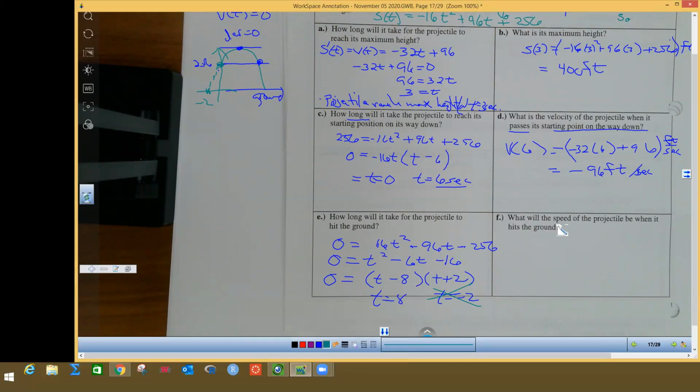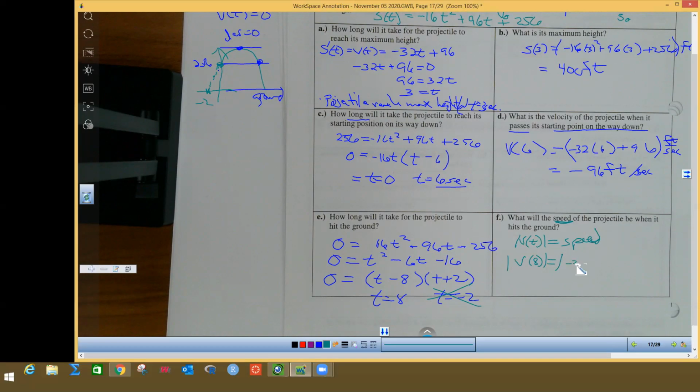What will the speed, oh, there's a word, speed be when it hits the ground? What speed? What about velocity? Something special about velocity? It's the absolute value of velocity. The absolute value of velocity equals speed. So we're going to do the absolute value of v of 8, which is going to equal the absolute value